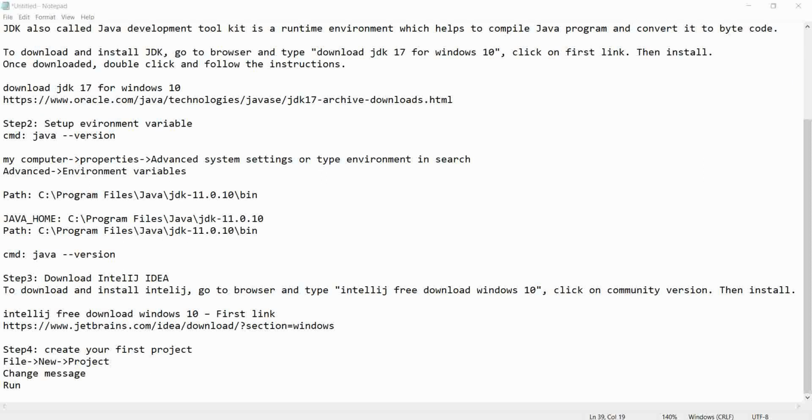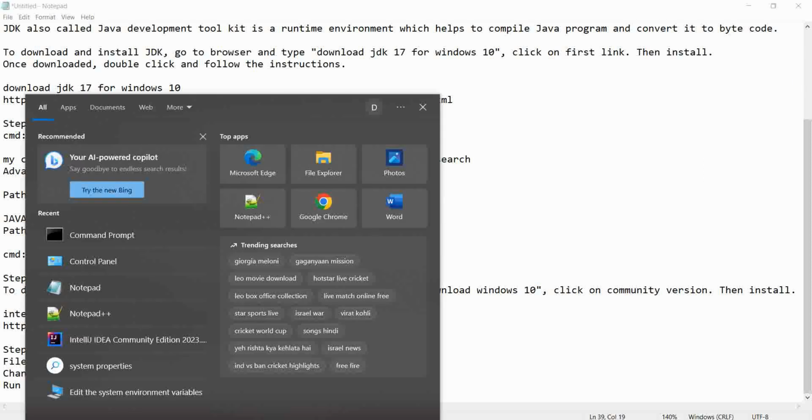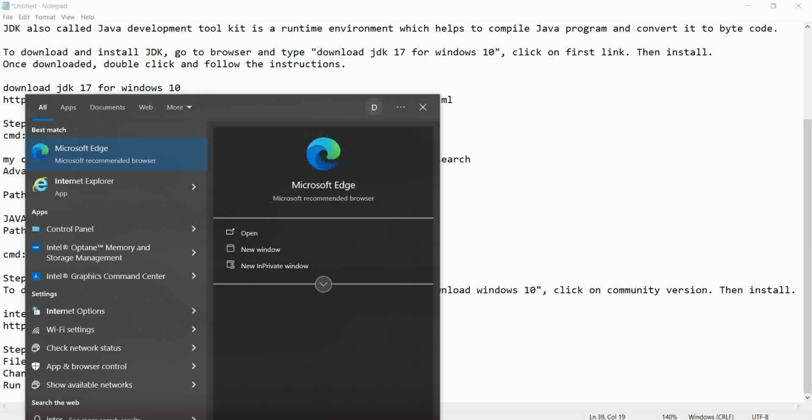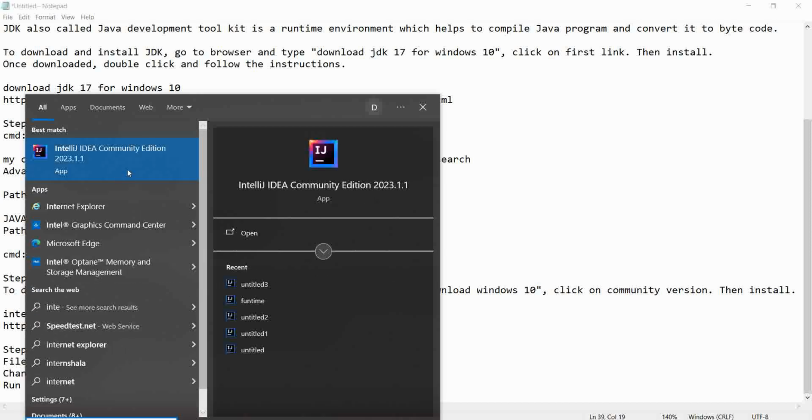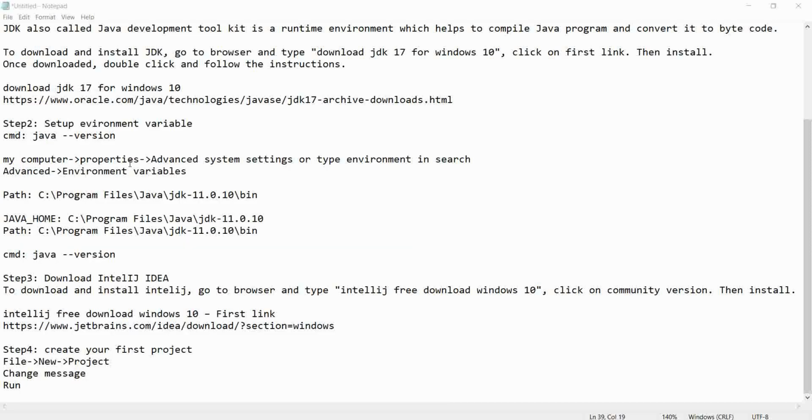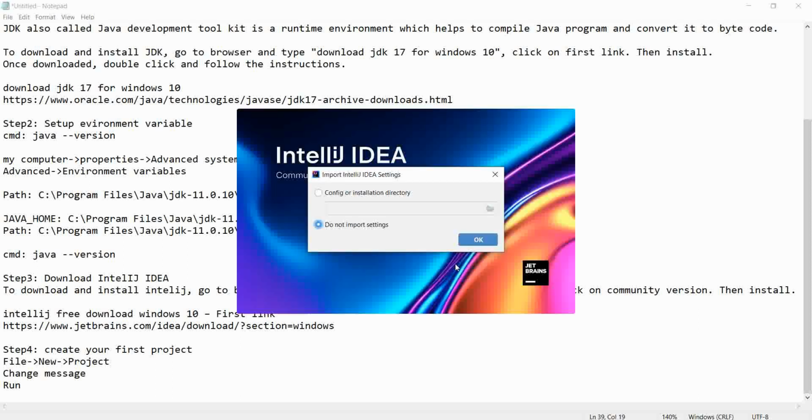Now go to your search and type IntelliJ. Open it. Click on OK.